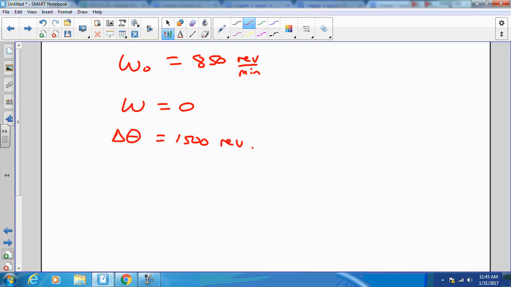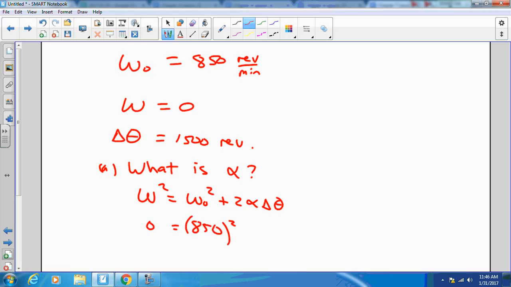Very good. All right. So now it asks for the fan's angular acceleration. What symbol are we talking about here? Alpha. Okay. And what equation do you know that relates these four quantities together? I did omega squared equals omega initial squared plus 2 alpha theta. Perfect. When you plug in all those numbers and solve,